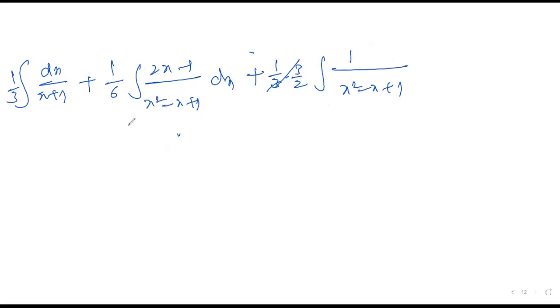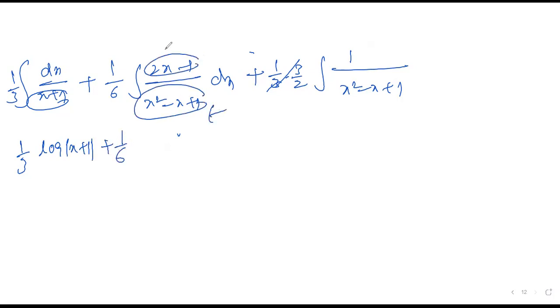What I am trying to say is, continuation: 1 by 3 integration 1 by x plus 1. You can take it as t, dt by t is log t. So log of x plus 1, times 1 by 6. If you take it as t, this comes as dt. There is no doubt at all because we only did the derivative. So log of x square minus x plus 1, plus 1 by 2. There is no t assumption, because this is a typical question. So this is one separate question here.